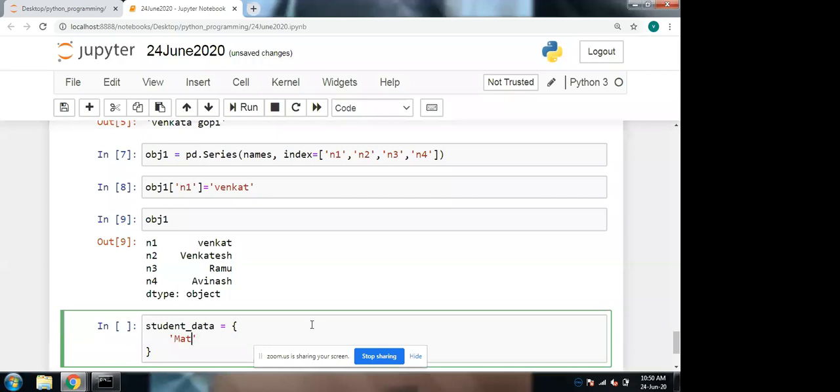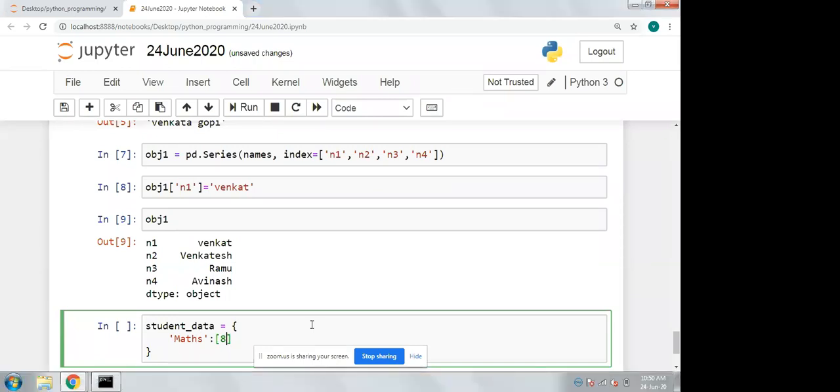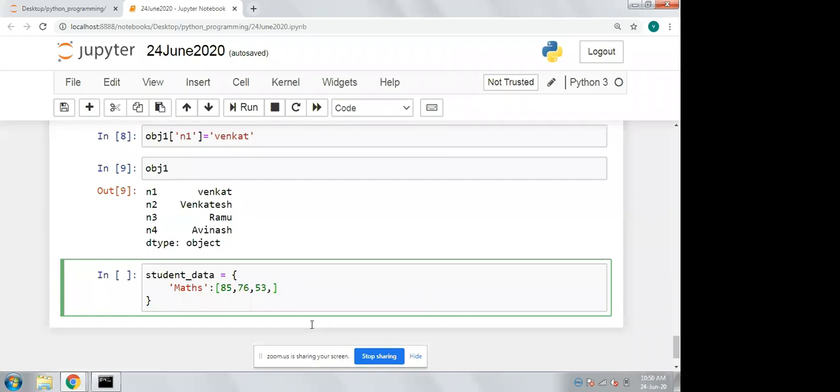In the maths key I'm giving the marks of the students, starting with 85. As the marks are integers, there is no need to put them in quotations. I'm taking 5 student marks.